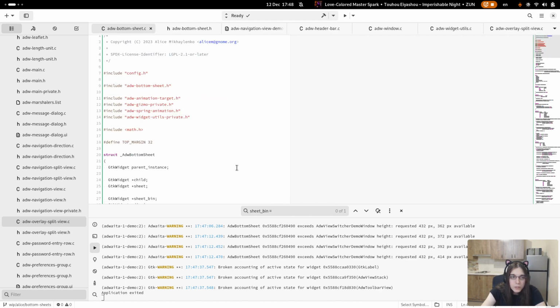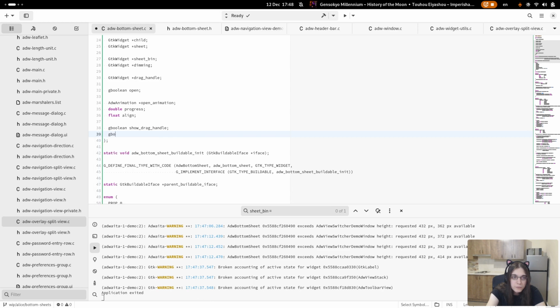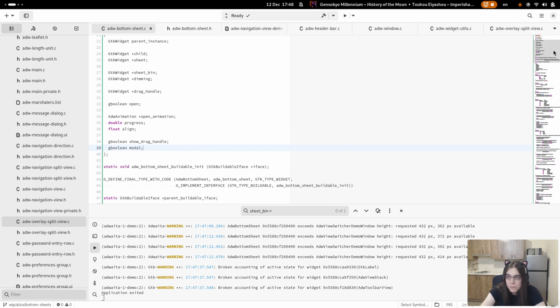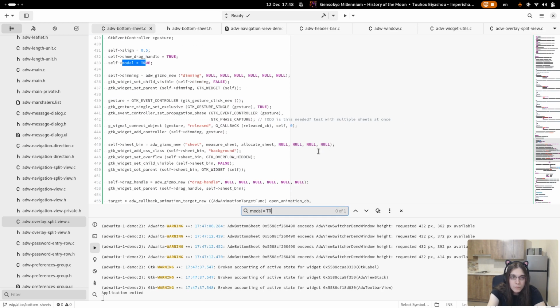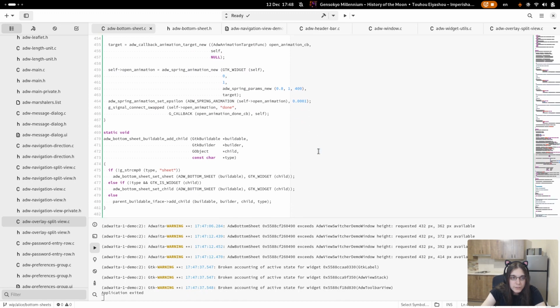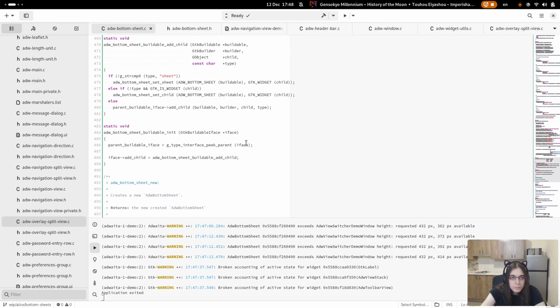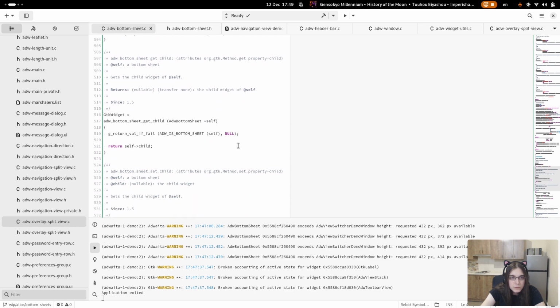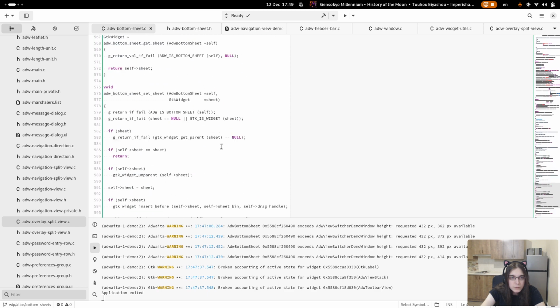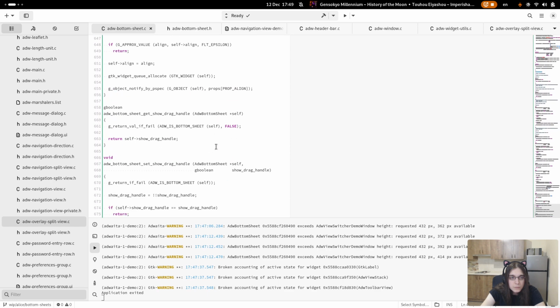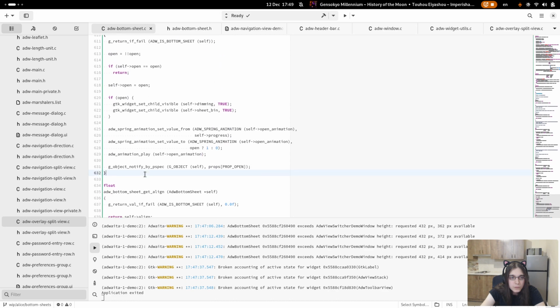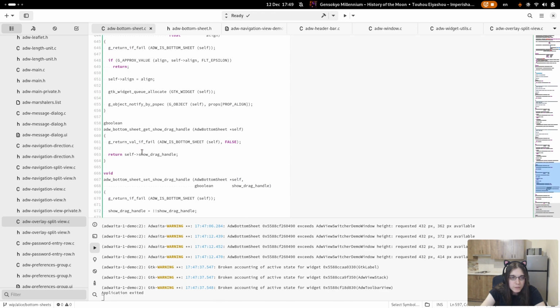Also defaults to true, and we also need a handle. Then get child. Let's copy open and replace everything with model.